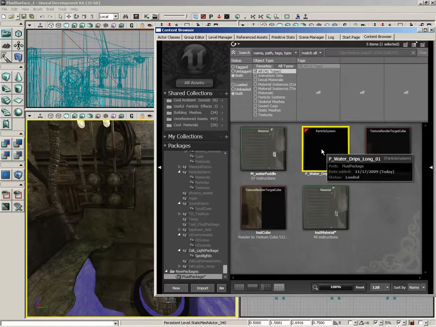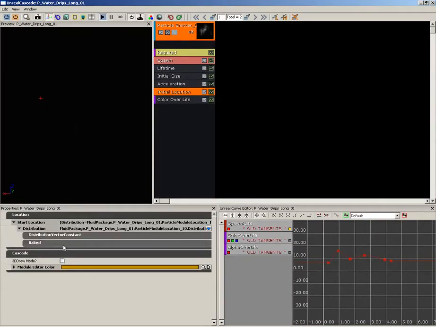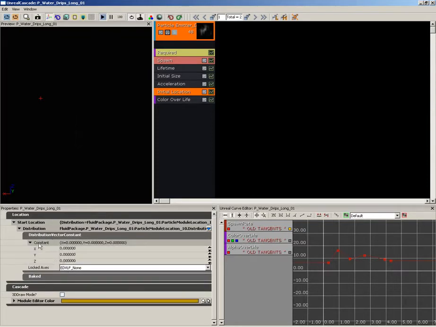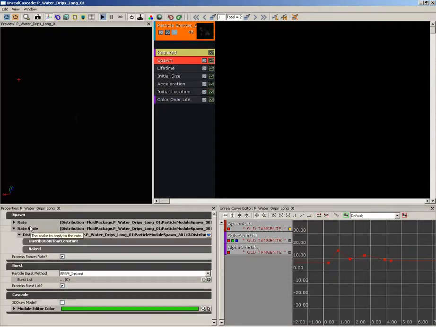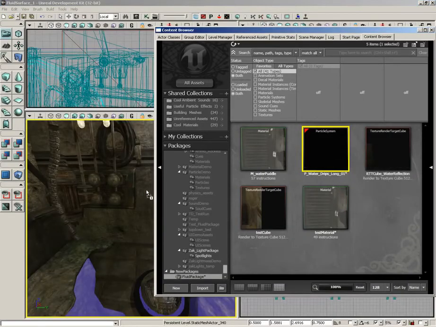Now what this is a copy of the P water drips long that already exists with UDK, and all that I've done is taken the initial location and I set the start location to a constant distribution instead of a uniform, so we can give it just a set location of 0 so it's not quite so spread out. And then I went underneath spawn and took the spawn scale and pulled that down to 0.1, which gave us a lot less drops than we had before. Now I'm just going to take this and drag it into my map,